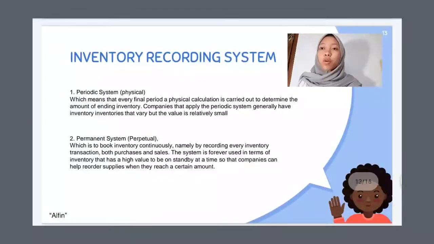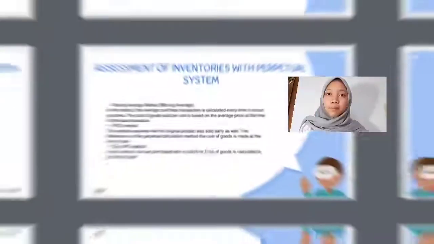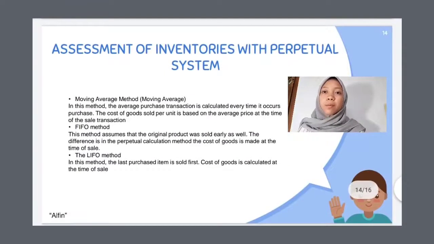And next, I want to explain about cost flow assumption. The main objective of sorting out the cost flow assumption is to select the assumption that best reflects the periodic profit under prevailing condition. And one, special identification, used to identify every item that is sold and in the inventory post. The cost of specific goods sold is included in the cost of goods sold, while the cost of specific goods that is still on hand is included in inventory.